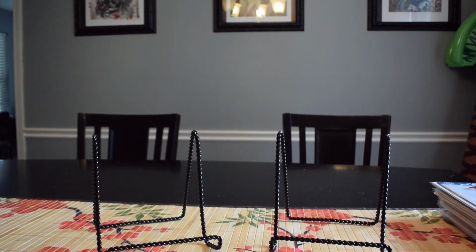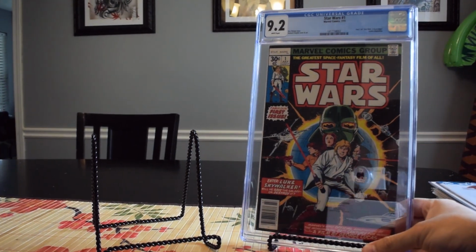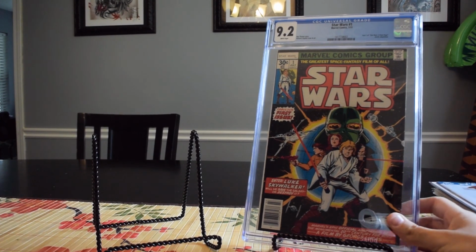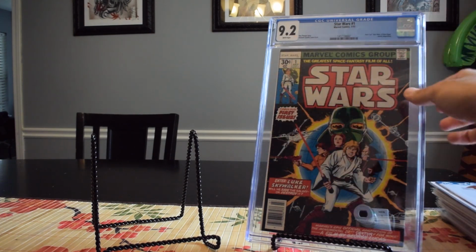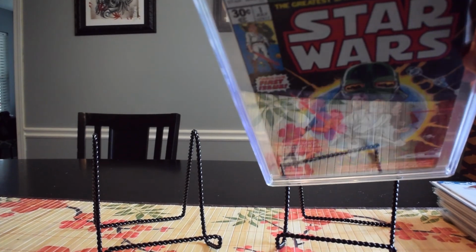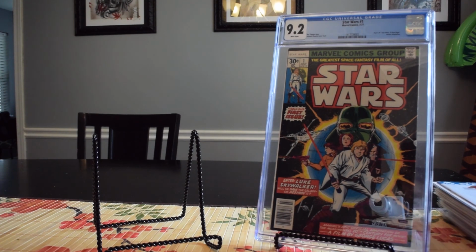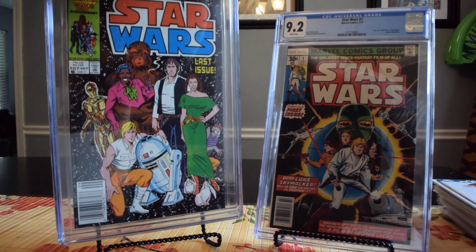Alright, now I have the 3 CGC graded books I picked up. Got a Star Wars #1, 1977. This actually is one of the newer cases, but it doesn't have the inner well, and it does have the ripple effect, like the wave effect. So I already contacted CGC, and I can send it in and they'll reholder it for me for free. And then to match that, I got a